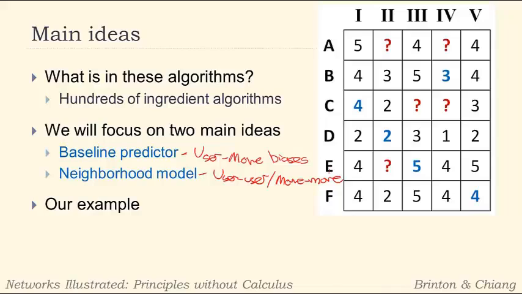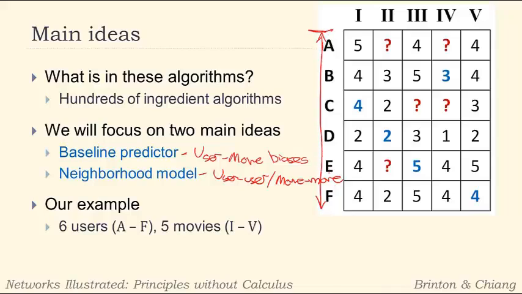And so now let's look at our example that we're going to be using to illustrate this. We'll stick to one example just to make it easier. In our example, we have 6 users, which we label A through F down the rows. Again, users down the rows. And we have 5 movies, 1 through 5, which we denote with Roman numerals. The reason I did letters and then Roman numerals was so you didn't get confused with the actual rating values, which we'll use just numbers, 1 through 5, to denote.